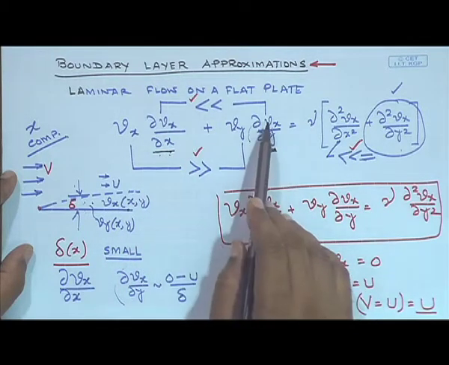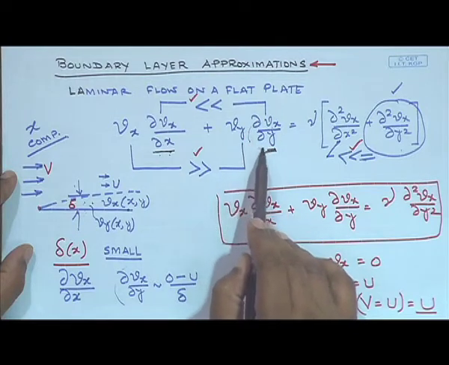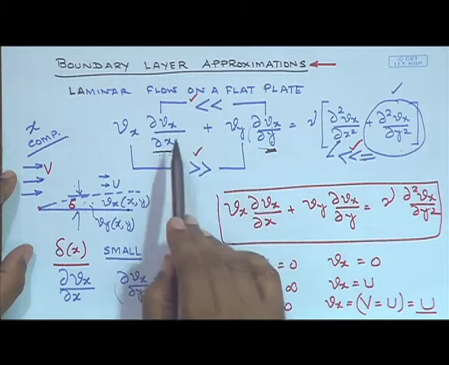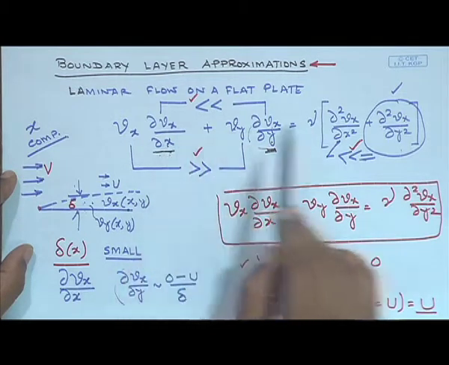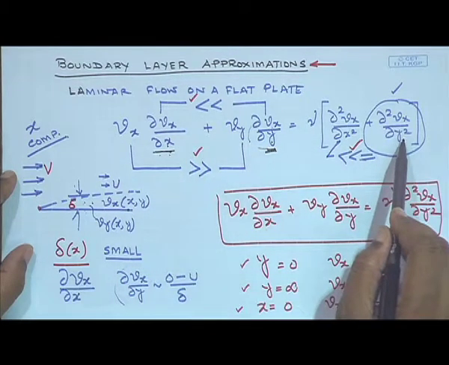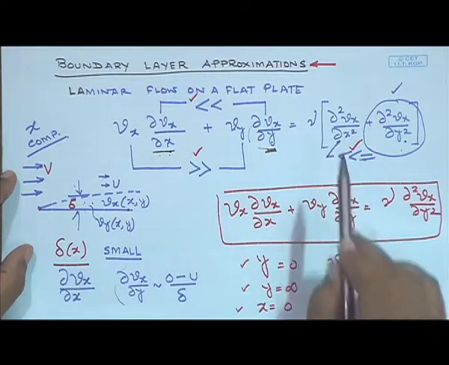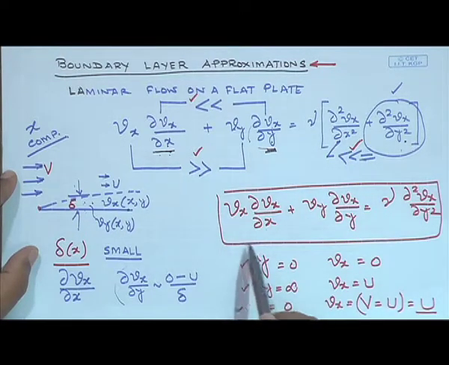So based on our idea about the gradient of the x component of velocity in the y direction and in the x direction, it is safe to say that the molecular transport of momentum in the y direction would be much more than the molecular transport of momentum in the x direction,